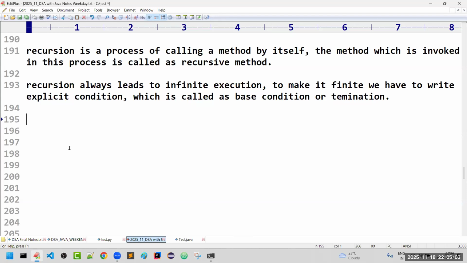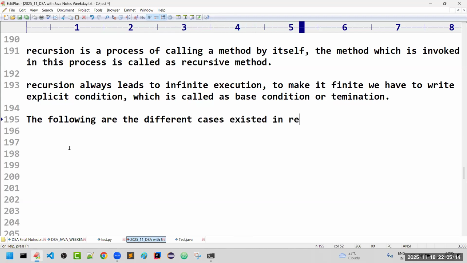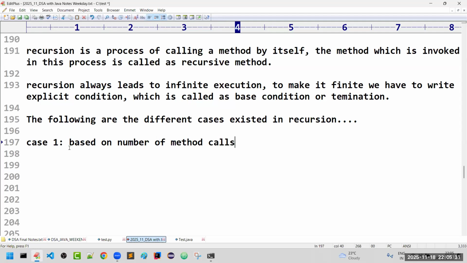The following are the different cases existing in recursion, or I can say types. So what types do we have? Case one, based on the number of method calls. There are two types.